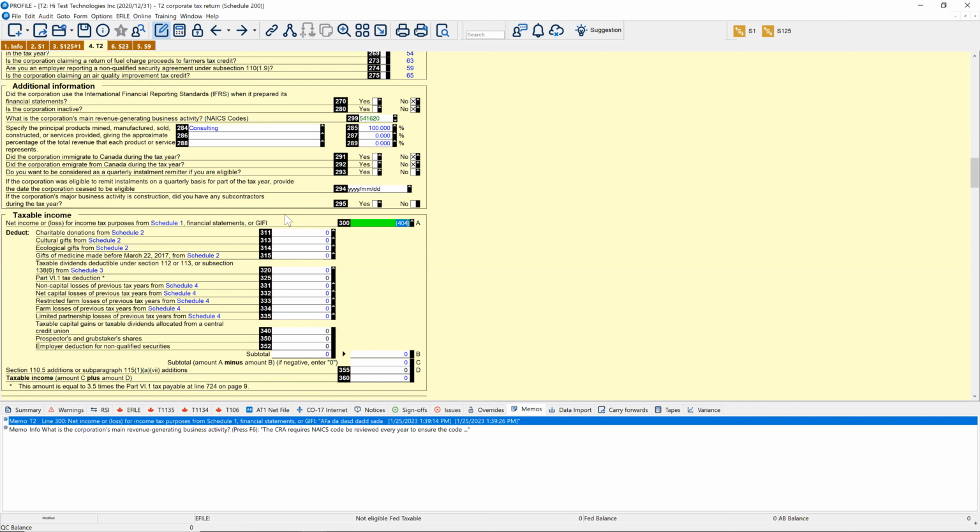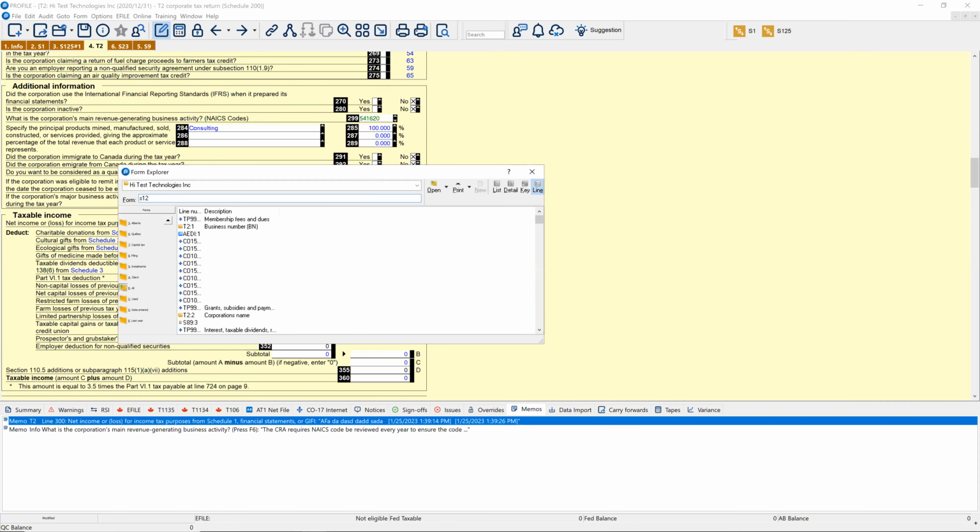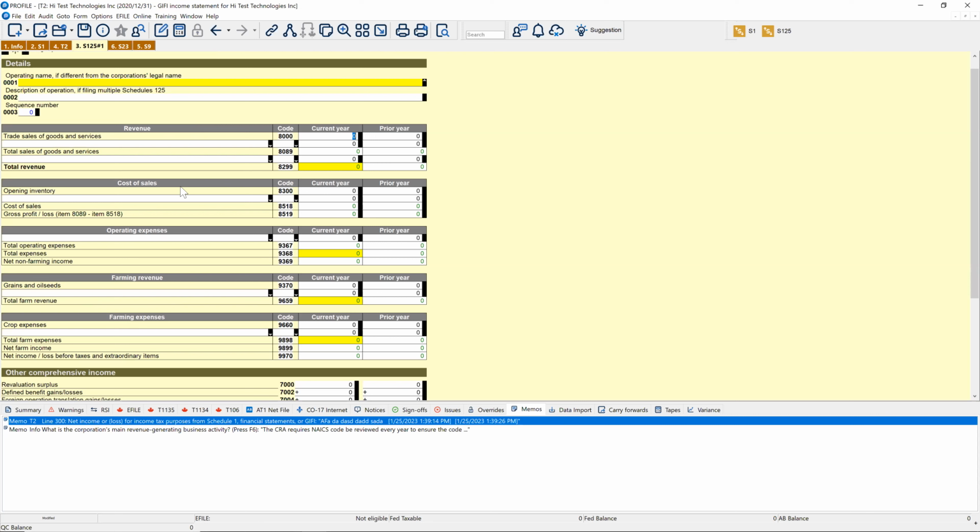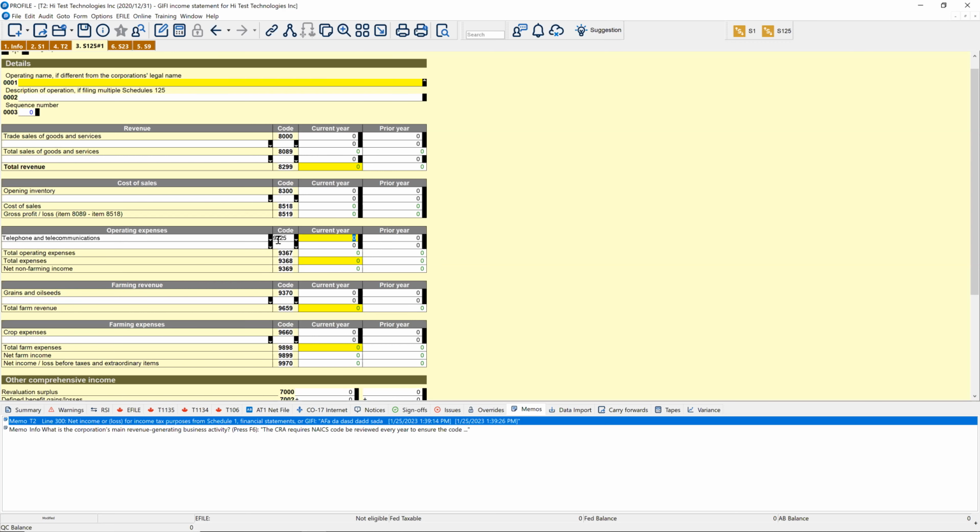And you could do the same or similar thing with, for example, values that you want to add up. So let's pretend you're working with the S125 and you need to add up some numbers. You're putting in telephone expense. So let's put the GIFT code in for telephone expense. And now, for some reason, I just need to add up a bunch of numbers to get